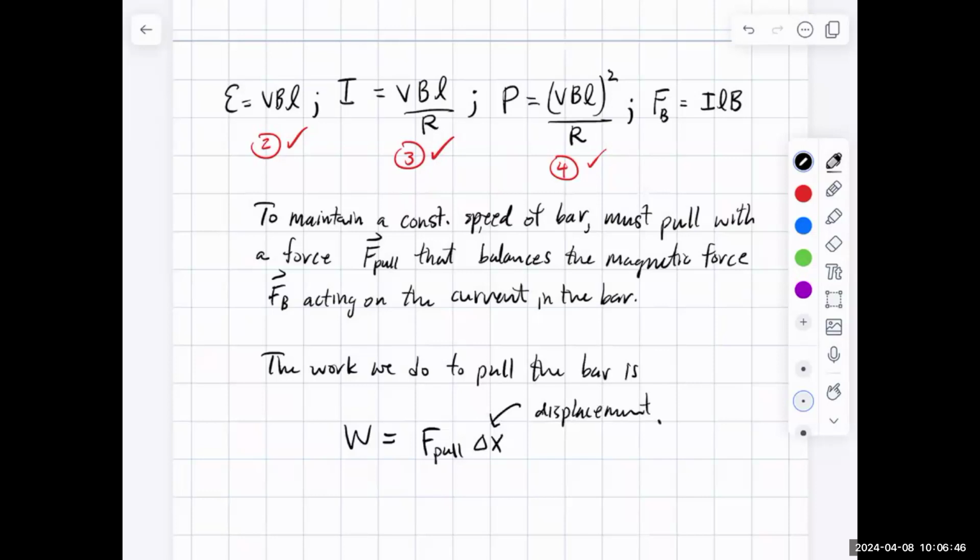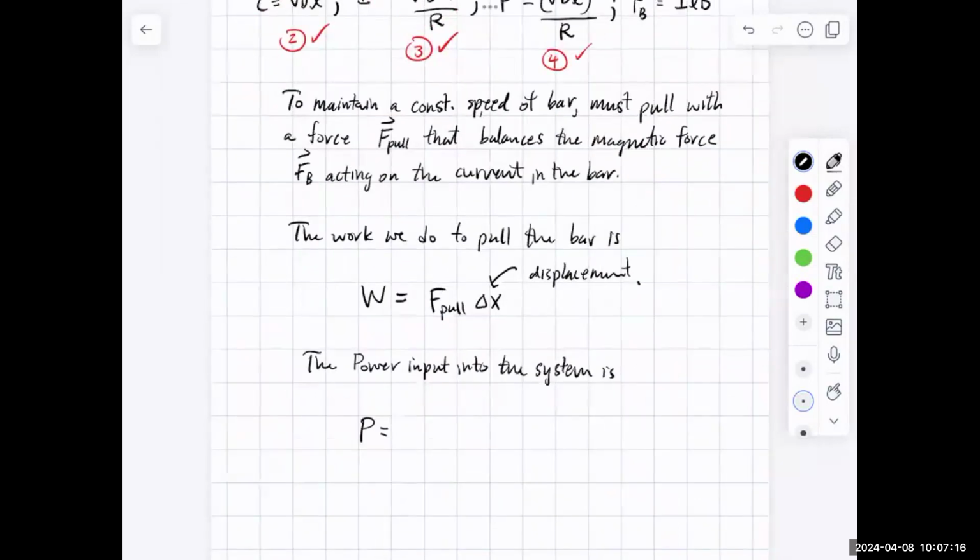Now, if we want to pull this constantly, so it's always sliding, what we probably are interested in is the rates that we have to put energy into the system, or the amount of power that we have to provide in order to move that bar at a constant speed. So the power input into the system is